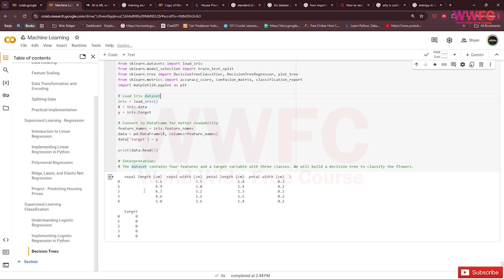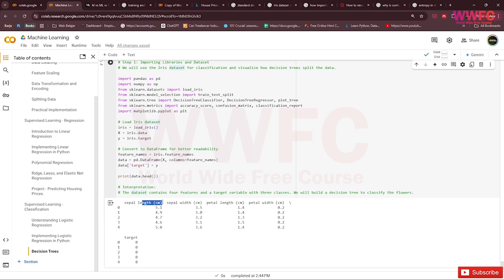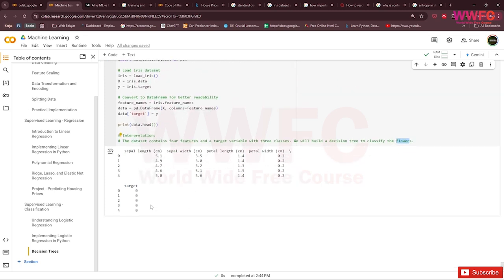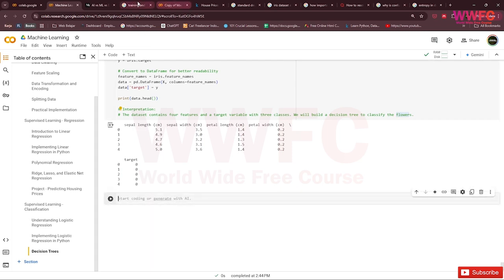We use the Iris features as usual: sepal length, sepal width, petal width, and target. The dataset contains 4 features and a target variable with 3 classes. We will build a decision tree to classify the flowers.